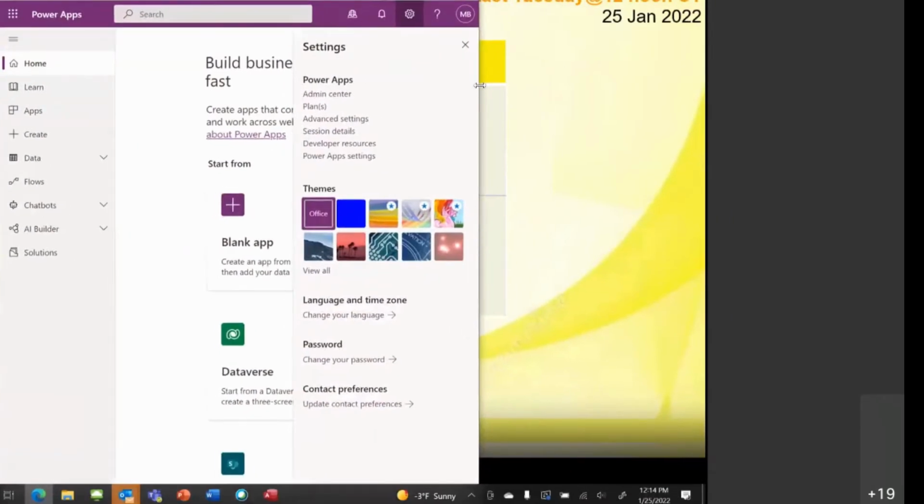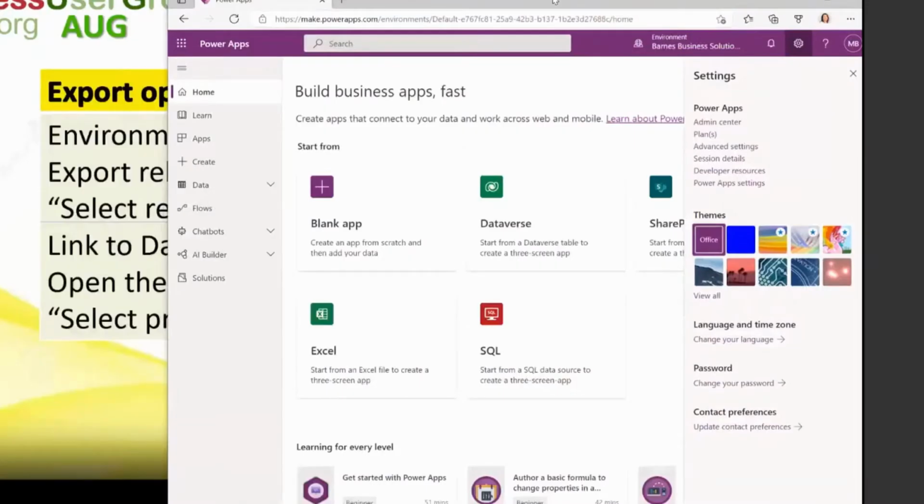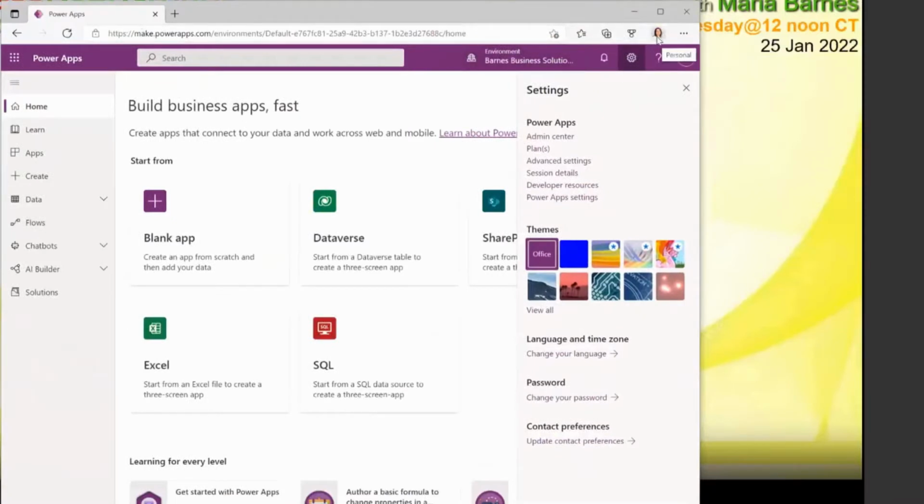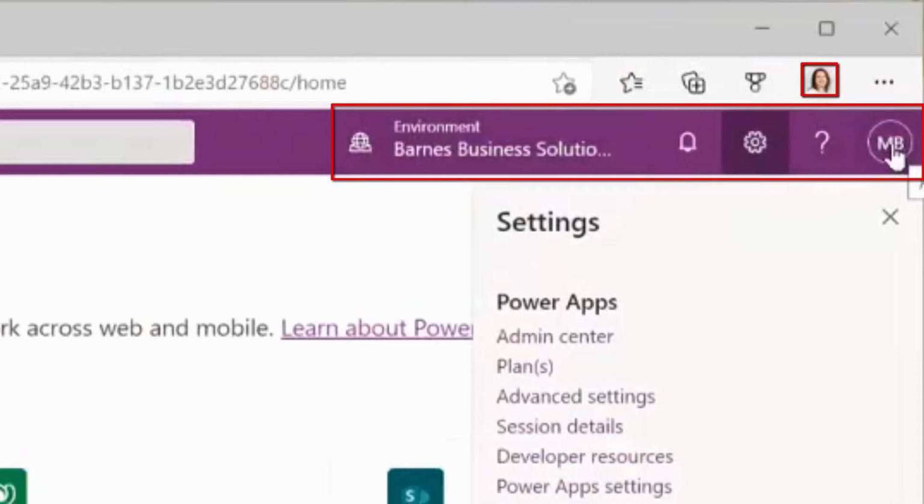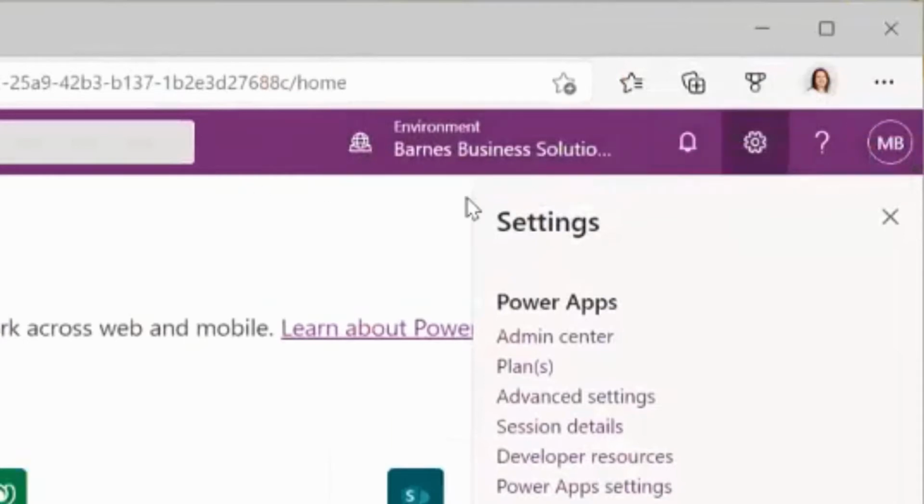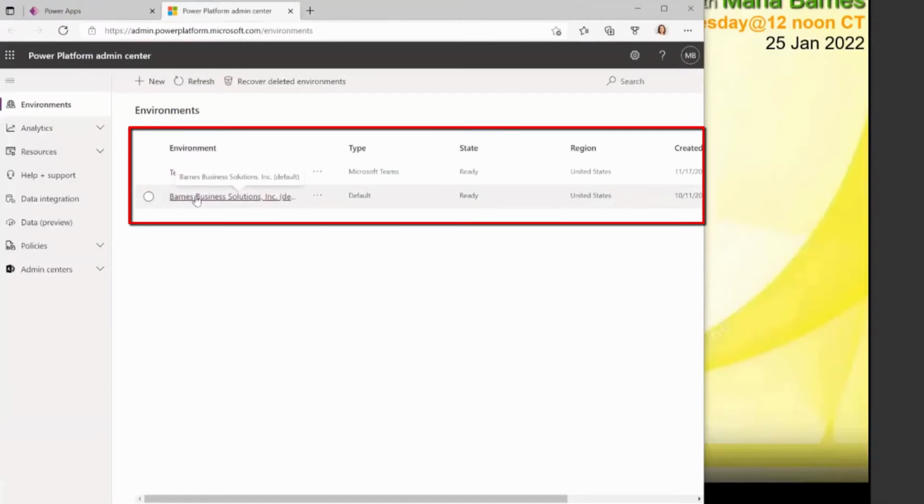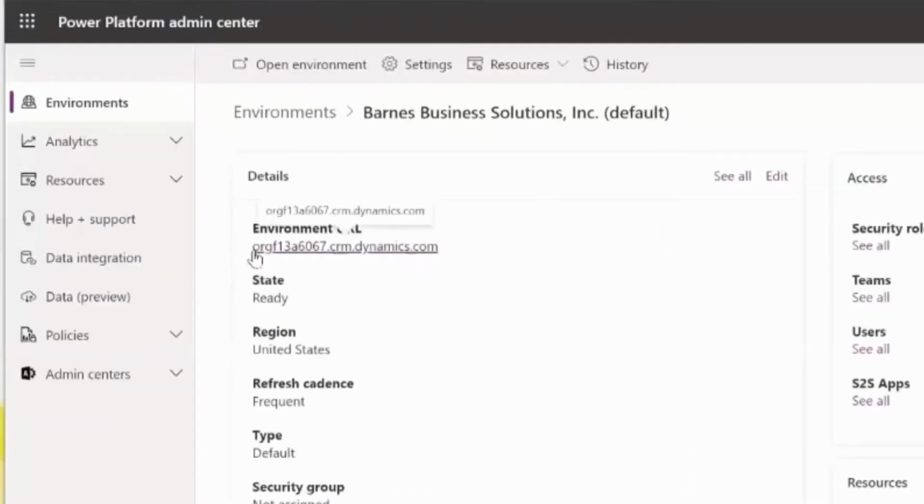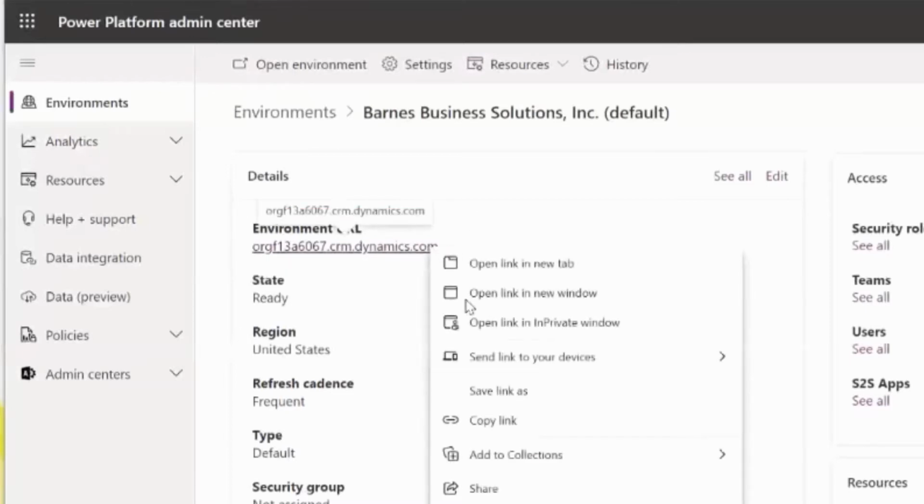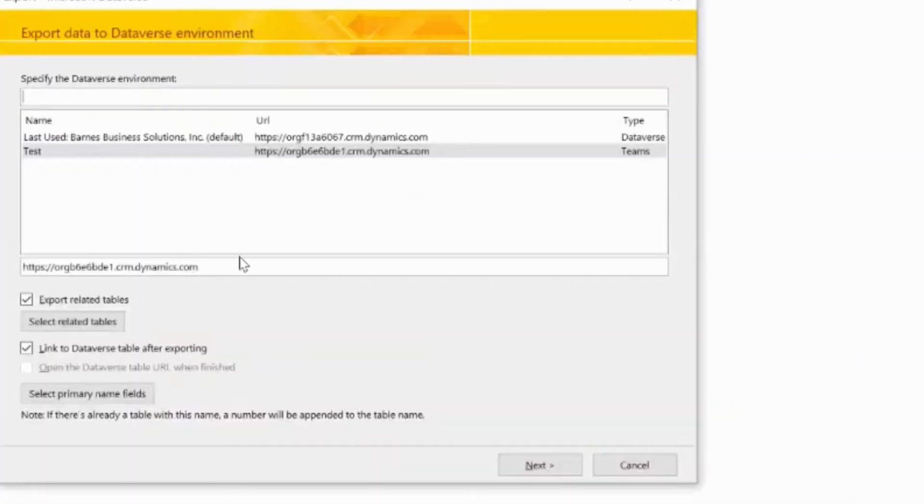So you go to the PowerApps.com environment and you make sure you sign in. If you don't see yourself in the indicator, you have to log in first. And then you go to the Settings tab and the Admin Center. And then that should show you your environments. You select the environment that you want, and then you want this environment URL here. So you can actually right-click on it and copy the link, and then you would paste that into your bar